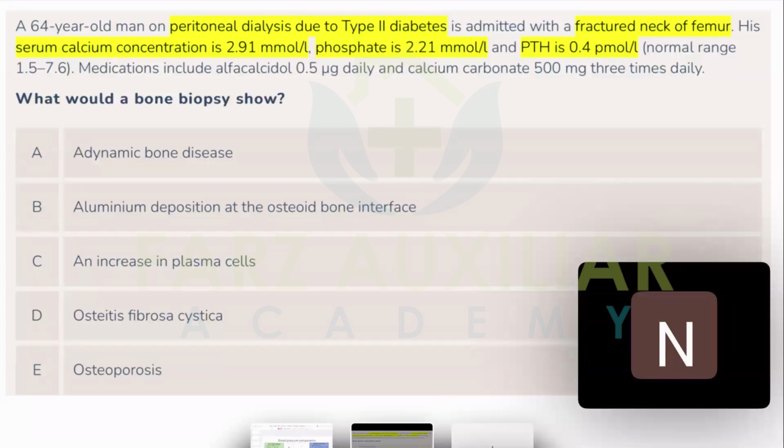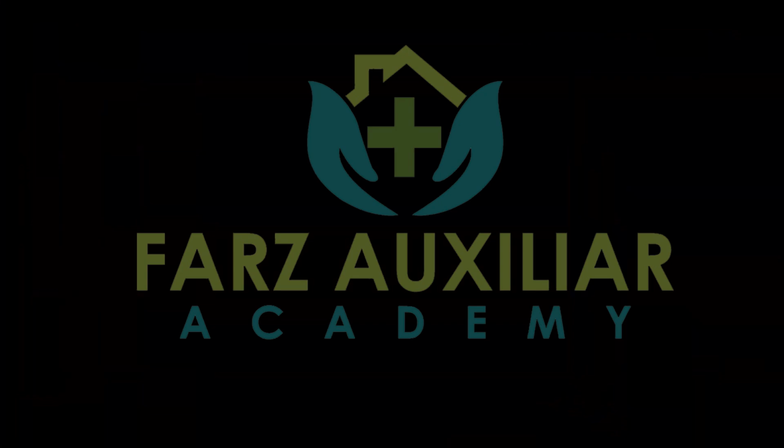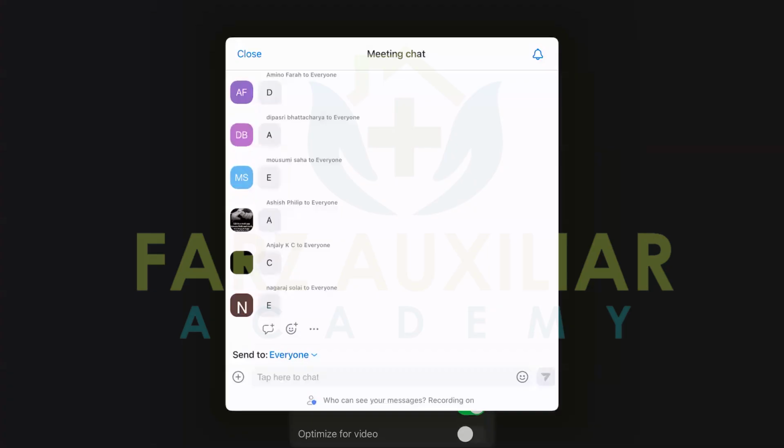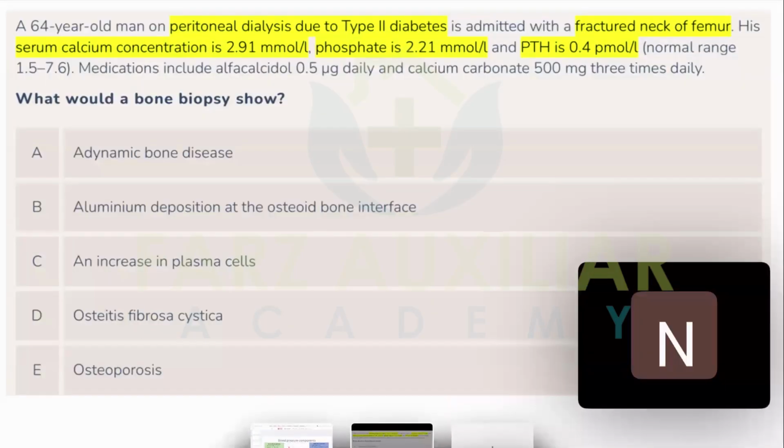Osteolytic fibrosis cystica is a brown tumor, right? I think everybody knows that. It commonly comes in MRCP as a brown tumor around the bone. So osteolytic fibrosis cystica is not involved with these metabolic parameters. It is something which is a tumor in the bone, and it can be associated with rheumatological diseases, not with the CKD. So I think now everybody knows that this option A, it is adynamic bone disease, which by definition